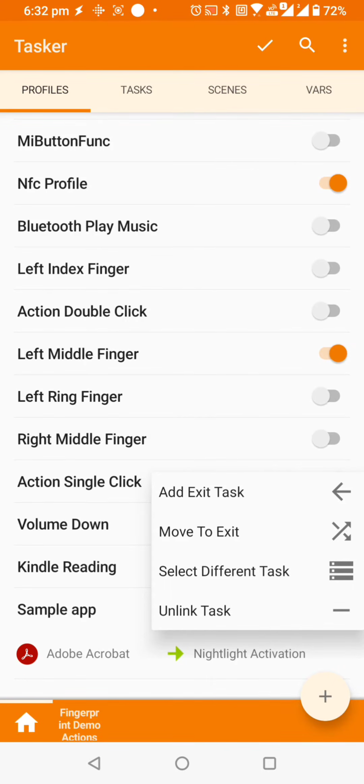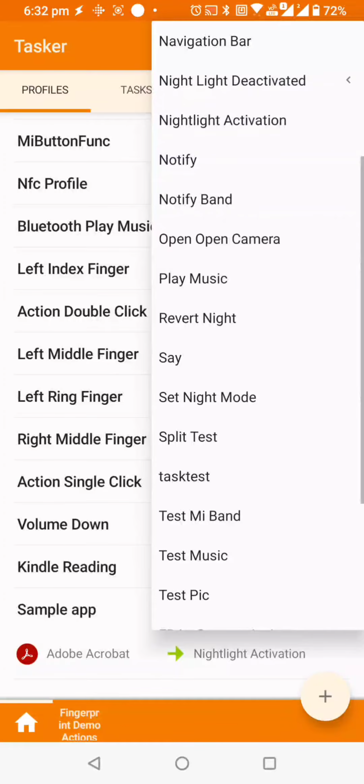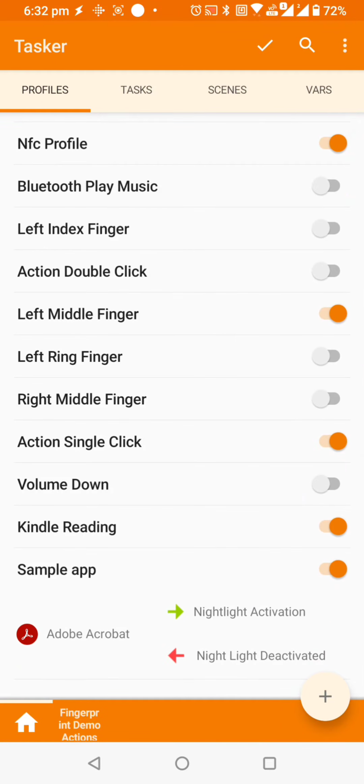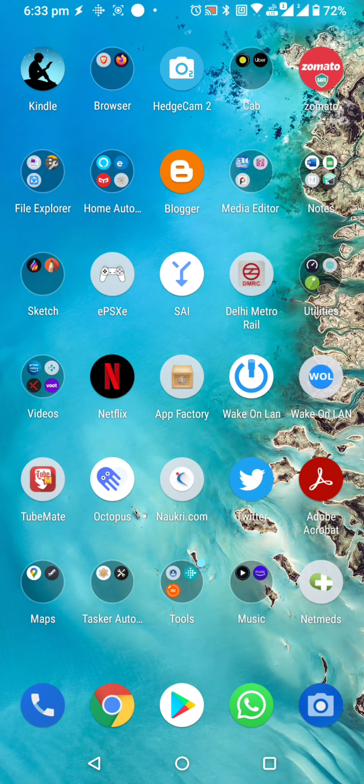What it will do is, whenever the application is deactivated, meaning it is on screen and then you go back to another application so it is no longer active, then it is going to execute that task. It's not related to closing, it's more related to active and inactive. So when you click on it, it will again ask you to choose another task. You can choose night deactivated now, and as you can see it will start showing in the same way. Before that I need to click on this apply, and now when I go to the Adobe Acrobat Reader, it should perform the same thing.